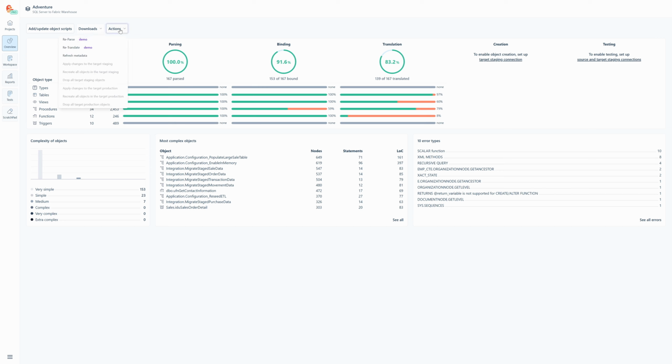Then the last button is actions. Here we have, in this special demo build that we do not distribute, two items I have used in a previous video to show the exact timings, how long it takes us to parse and translate. Then we have refresh metadata, which is used to fetch the database structure if you have connected your source and target staging database, and all the other ones are also related to the database connections. So I'm going to show this in other videos, but it's enough to say that refresh metadata fetches